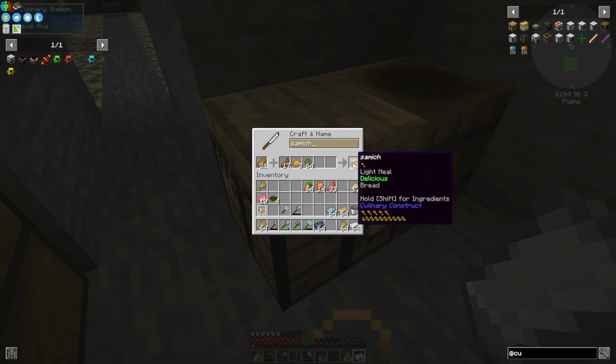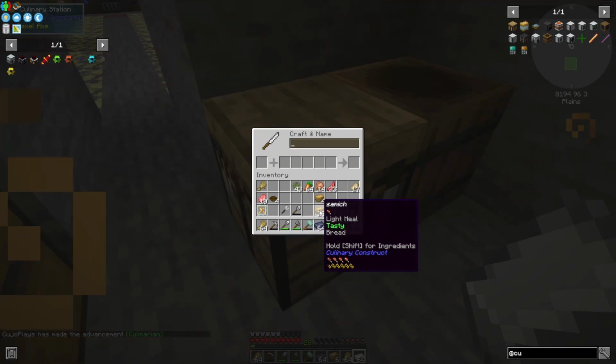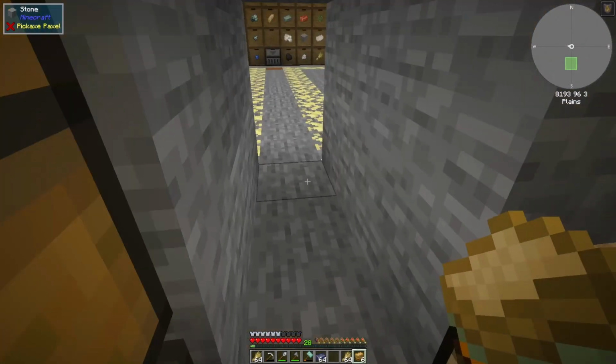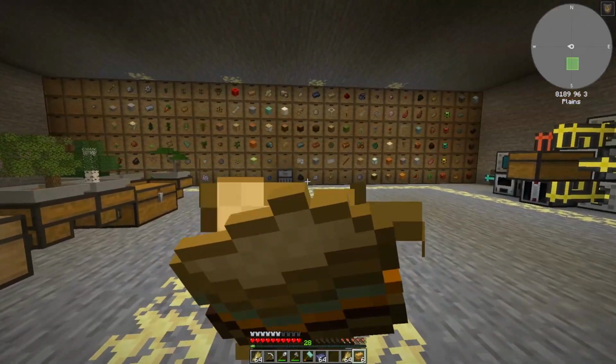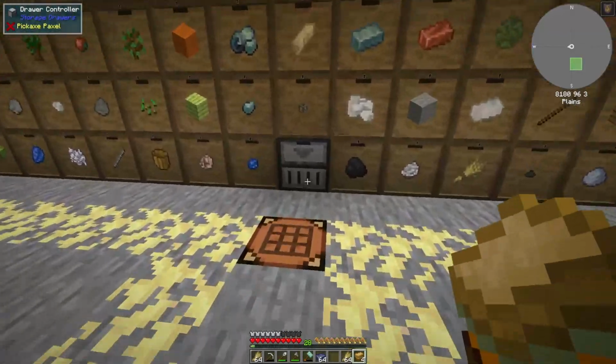Sandwich. We're going to call it the sandwich. Holy Lord. Oh, because it just made a bunch. We shouldn't have shift clicked. Okay. We made 6 sandwiches, and then the rest are garbage. But we're going to eat them anyways. So this should give us good saturation in food and everything. So we should be able to...